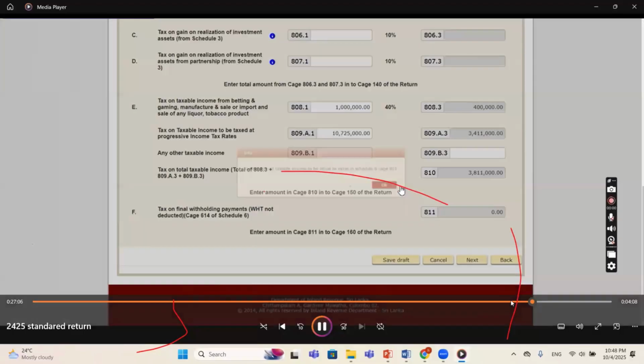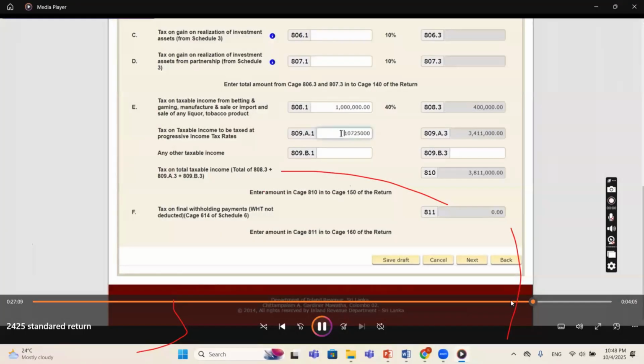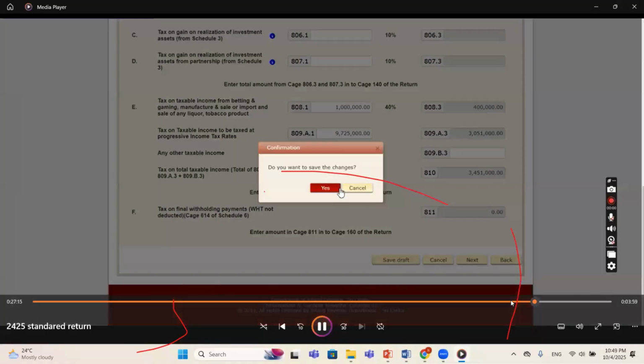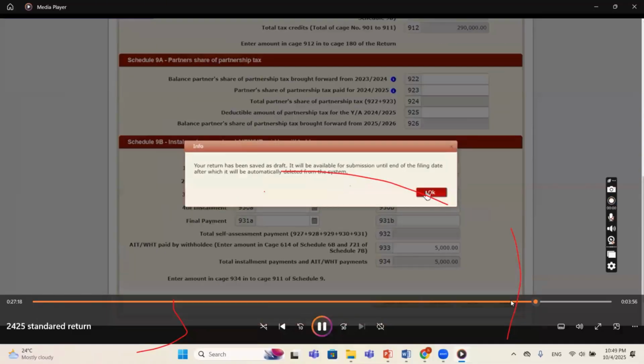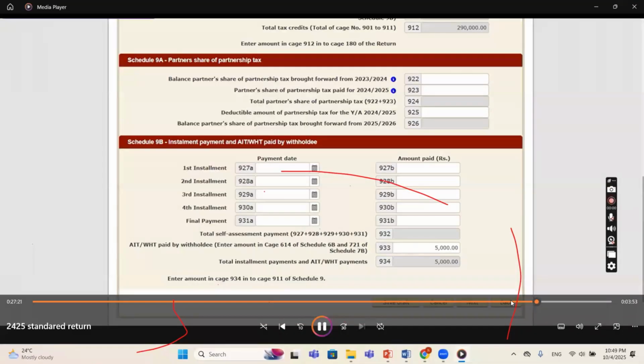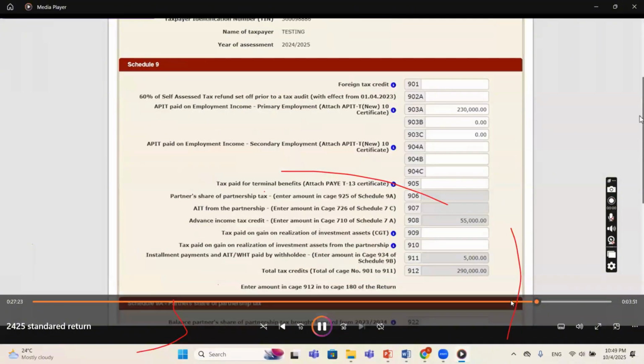Until you correctly distribute that amount in Schedule 8, you will not be allowed to move to Schedule 9 using the next button, right? Once you correctly distribute the amount, only then will the system allow you to move to Schedule 9. So I have distributed correctly and moved to Schedule 9, to enter